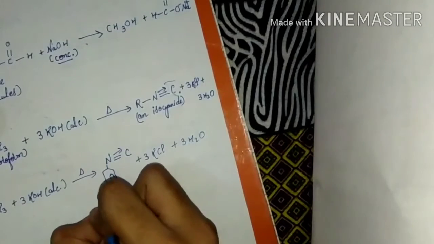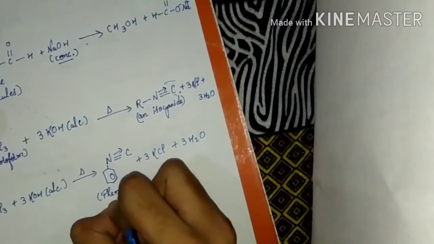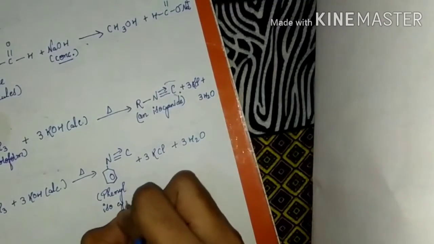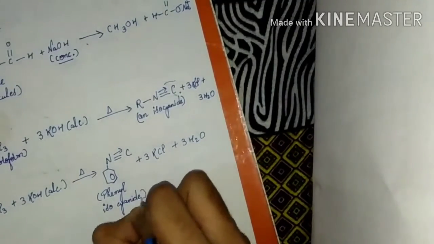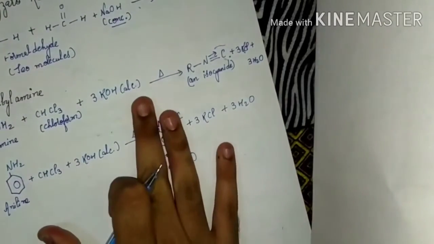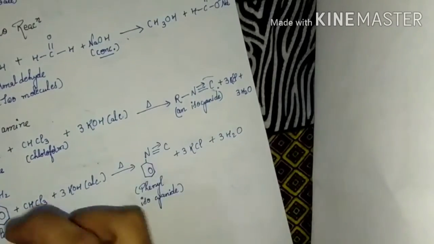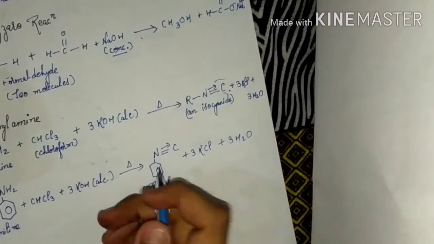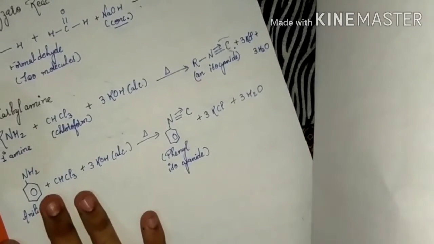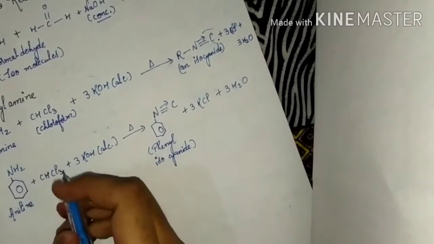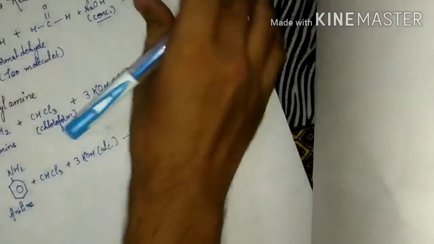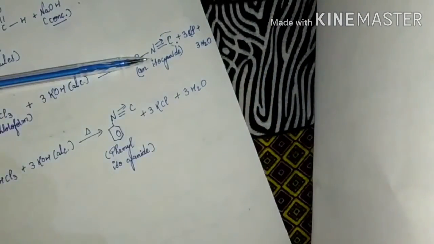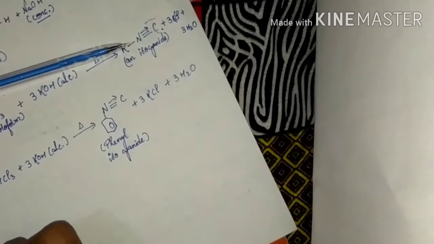Let me write here phenyl isocyanide so that you remember that it is phenyl isocyanide. I would suggest you, whenever this type of question comes in your exams, write the whole reaction as I am writing and the statement as I have uttered. If you are making notes while watching my video, keep a copy with you so that whenever I speak a statement you can write that. Okay, the next reaction is the Claisen condensation. Reaction number 8.